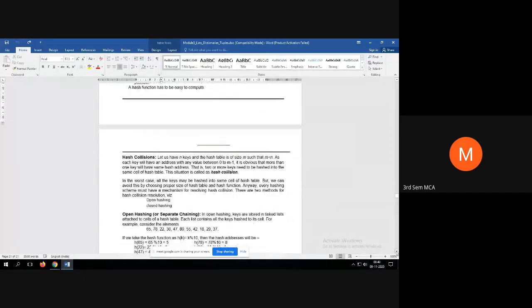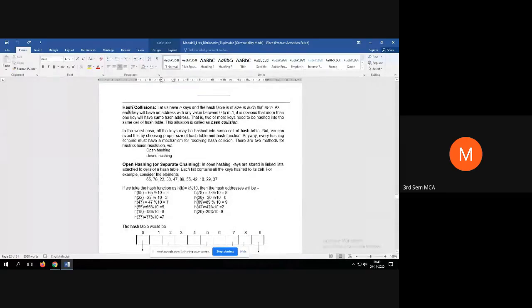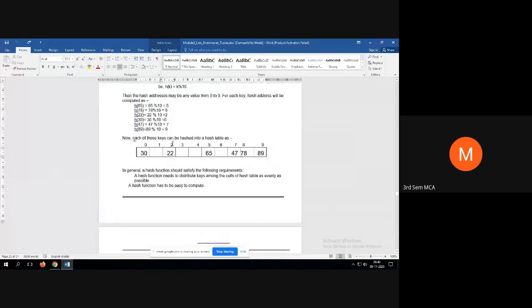Okay, we saw what hash is and how it works, and today we'll go ahead to see what hash collision is. Hash collision happens, for example, here we have only one element stored at index 2. Suppose I have another element 32. 32 mod 10 gives remainder 2.